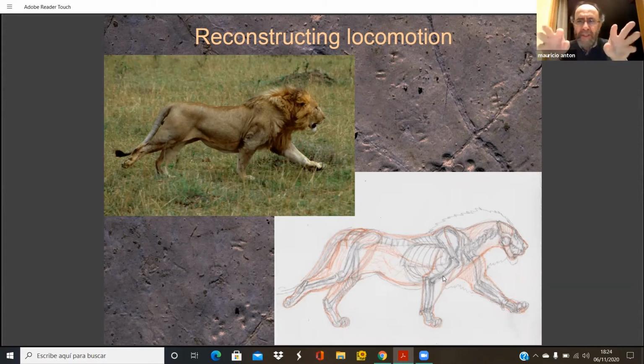That visually is sending us a message. This is a very heavy animal. So I decided to borrow this posture for my Smilodon. And one step I followed is when you look at this image on the lower right, you see a schematic drawing of where the bones would be located